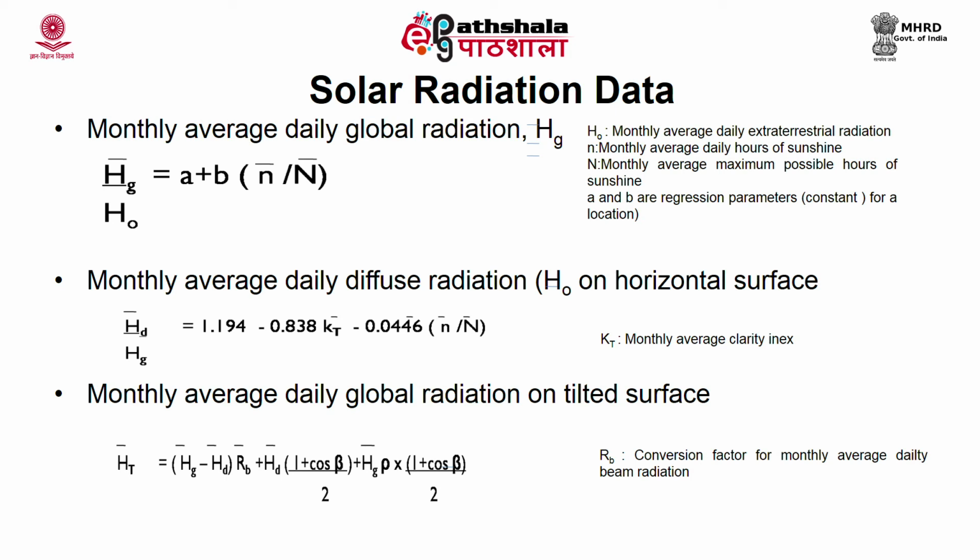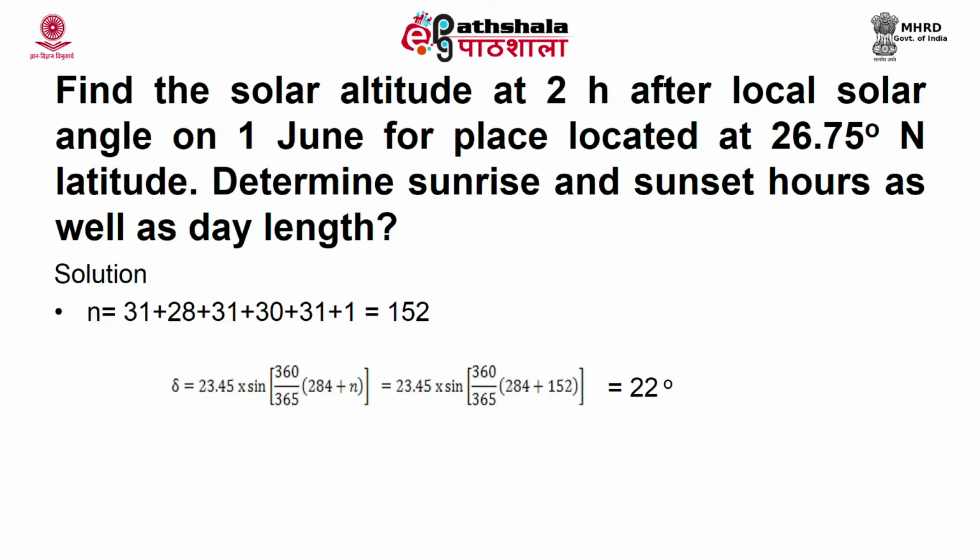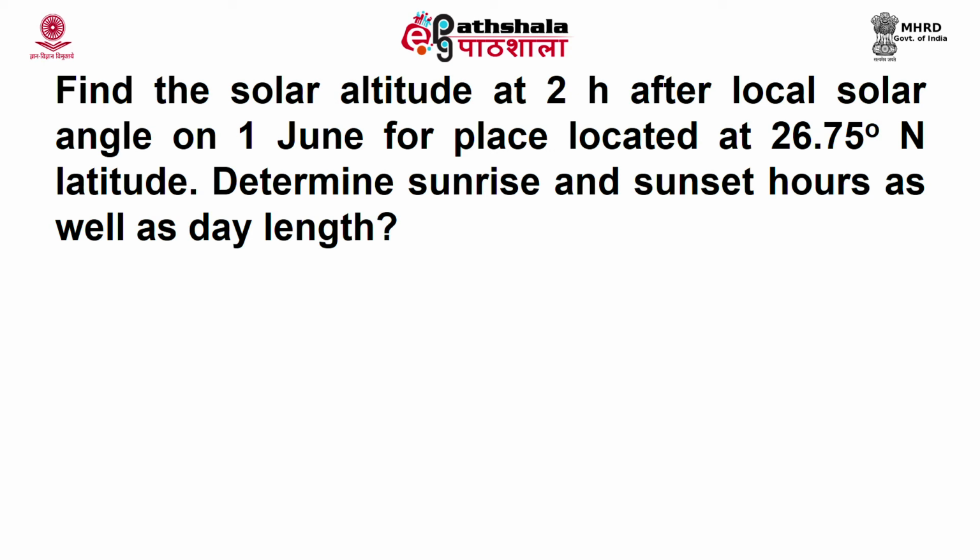So, now you know how to calculate the day length. If the latitude is given and declination angle is given, you can find out easily the day length. Let us find out the sunrise and sunset hours and this day length, and also the solar altitude angle at 2 hours after local solar noon on 1st June for a place located at a latitude of 26.75 degree